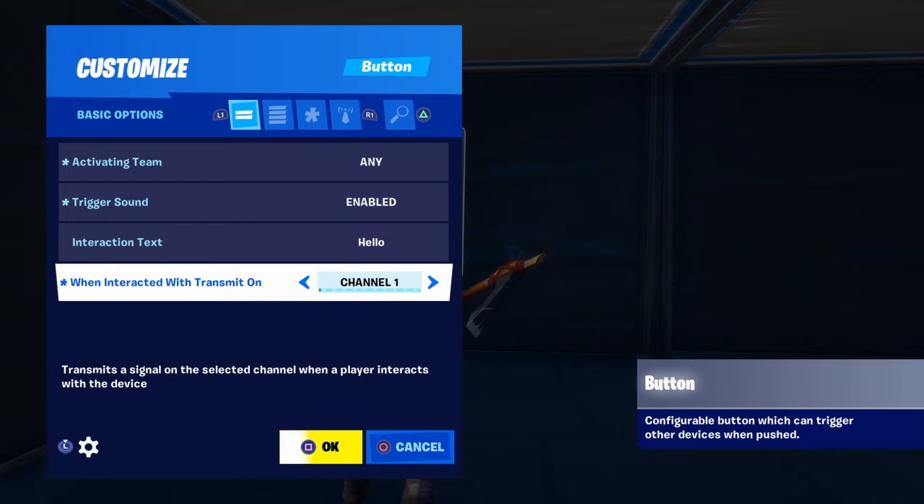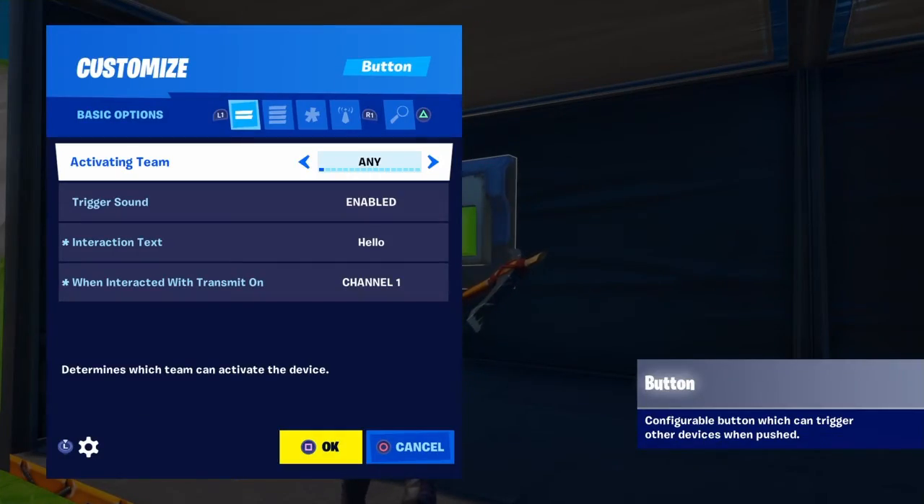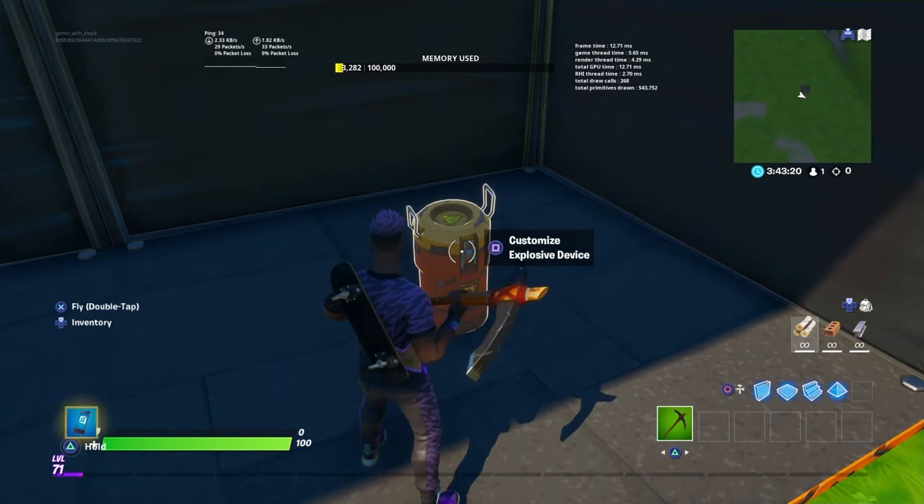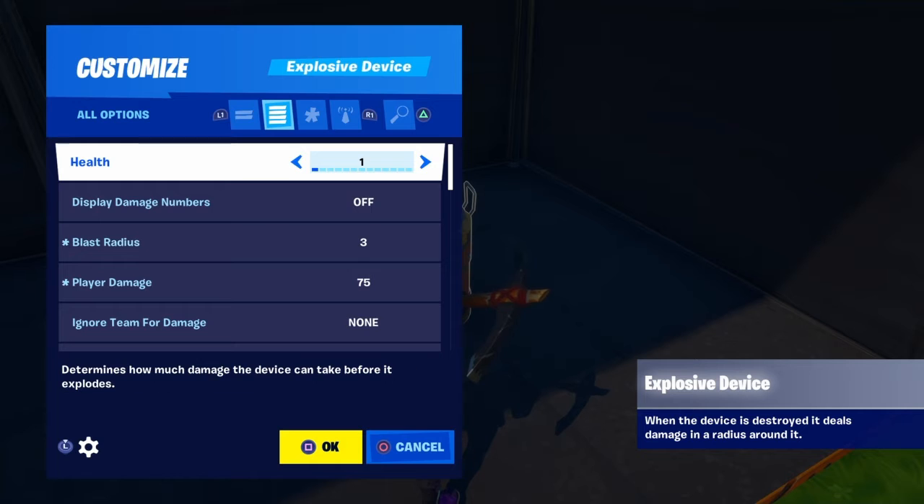Channel 1 is like lead 1 going to the other end of lead 1, and channel 2 is like the start of lead 2 going over to the end of the other lead 2. So that's basically that. Let's say you want to put it onto channel 1 right here. You want to press OK, which is the interact button, and you're going to go down here to your device that you want to customize